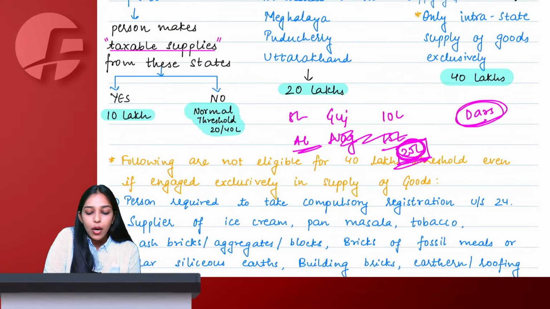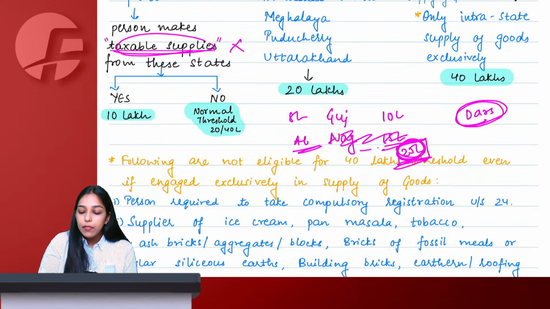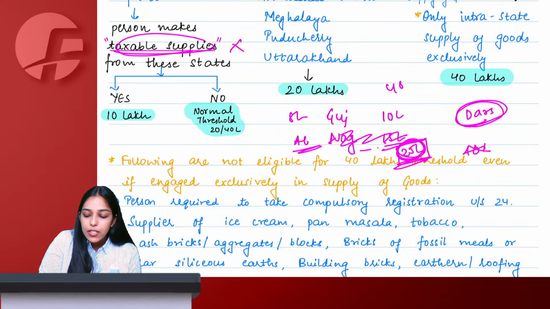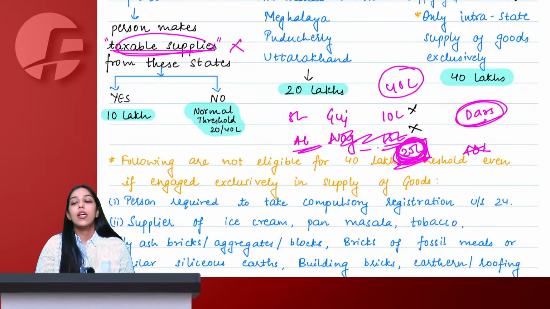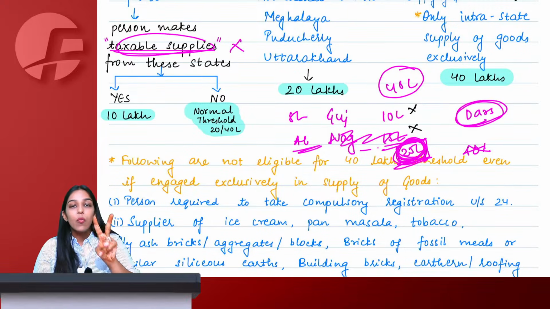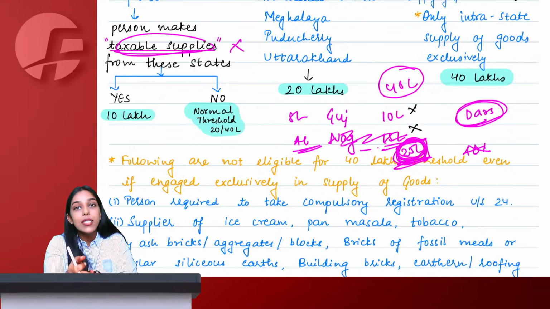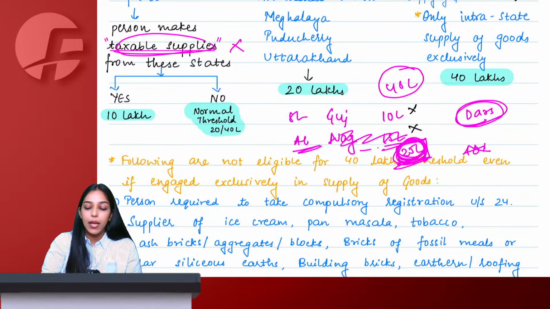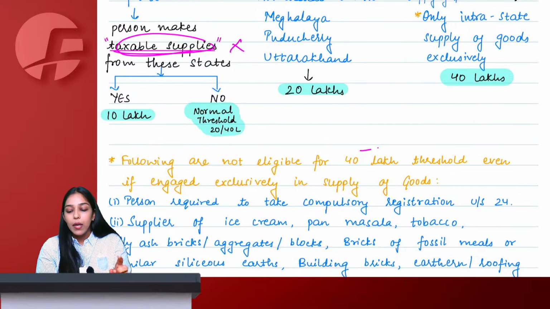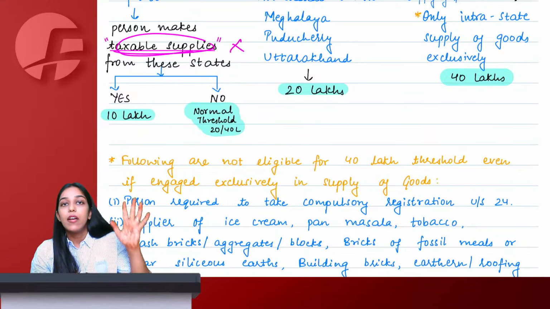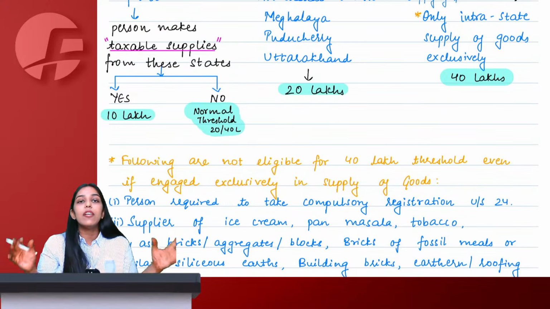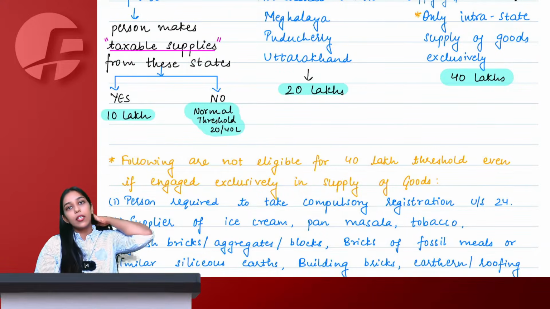Got it. And here, because I am not making taxable supply from Nagaland, my limit will also not come down to 10. So my limit remains 40 because my total turnover is 25. Therefore, no need to take registration anywhere. So 3 questions always you have to ask. First, what is my aggregate turnover? Second, what is the applicable turnover? And third, if my turnover is more than applicable turnover, then I have to take registration only in those states from where I am making taxable supply. In the first step, you do not even see whether you are doing taxable or exempt supply, because everything will always be added in your aggregate turnover.